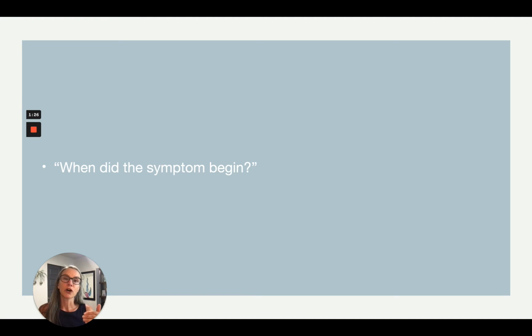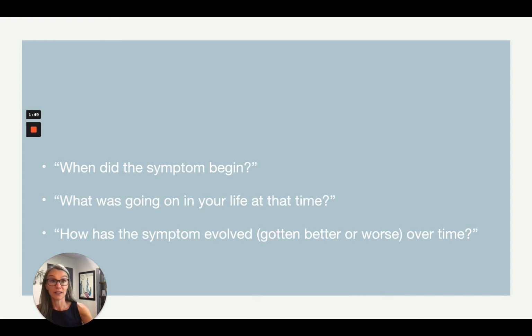So for each one of those, I'm going to ask, when did that symptom begin? Say a client comes in and says, I walk around feeling very anxious in social settings, and that's one of the goals of therapy. I'd like to be able to feel comfortable in social settings. So I'm going to ask, when did that symptom begin? What was going on in your life at that time? And how has the symptom evolved, gotten better or worse over time? This is going to give me a lot of good information about their history as well. These questions form a really wonderful launching point